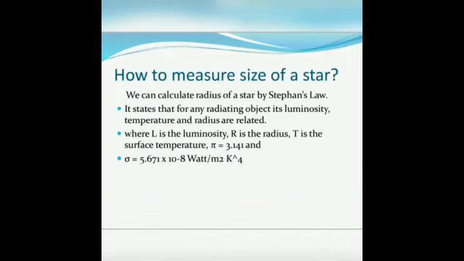What about temperature? A star's temperature is the temperature of the gas on the surface of the star. It is only on the surface, not the interior, because in the interior the temperature of a star increases. For example, the sun's surface temperature is just 6000 Kelvin, but in the center it is 15 million Kelvin. Why does it happen? It is due to the nuclear reactions.